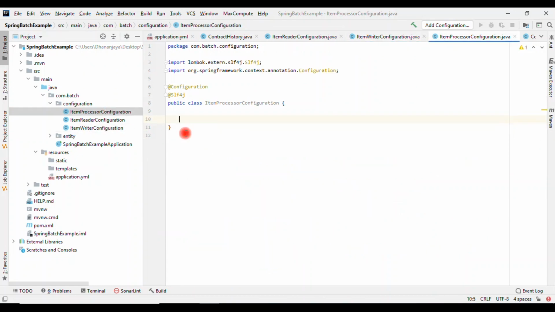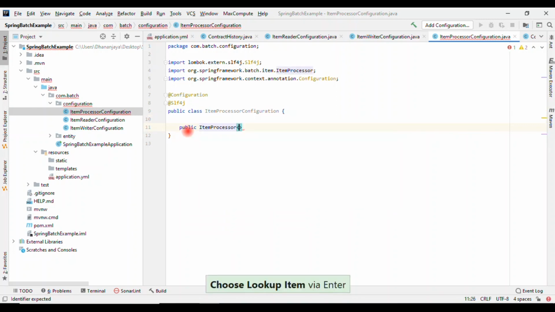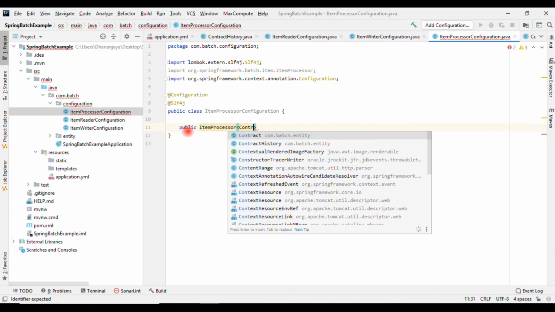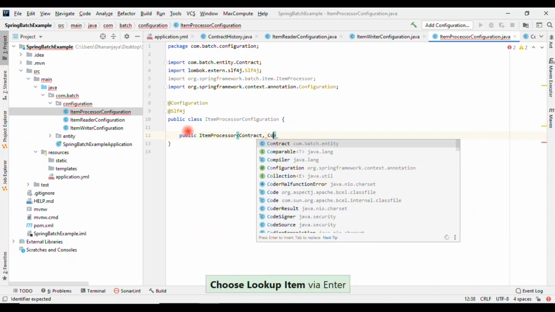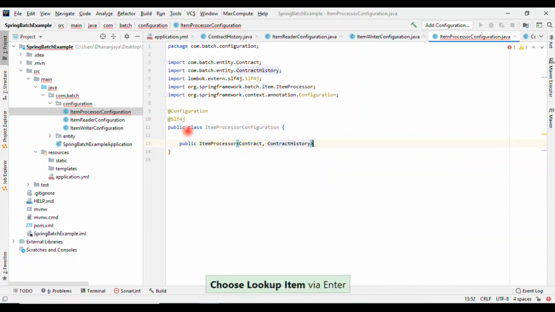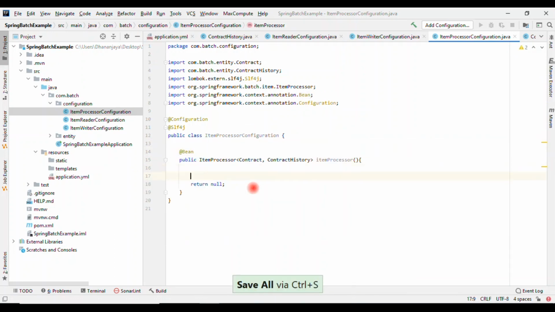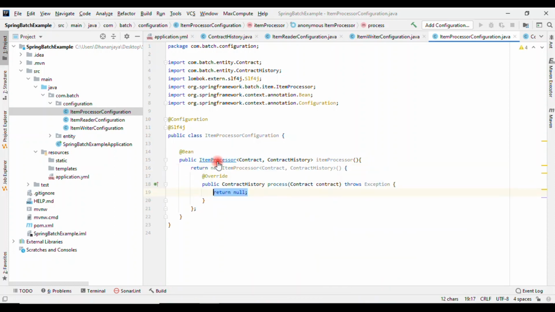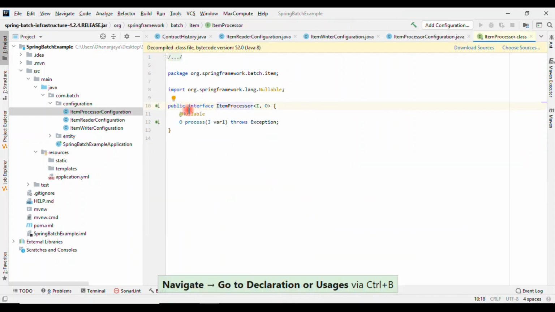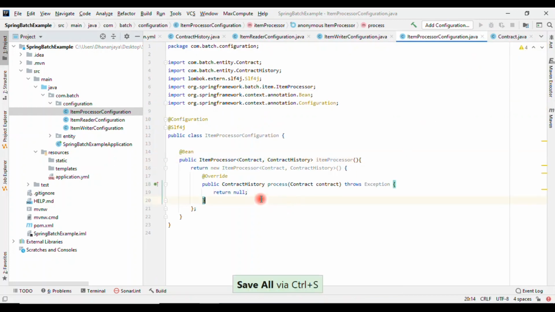And in item processor, you need to expose a bean as item processor. Here, you need to pass the contract and contract history. So here what we will do, we will transform the data from contract to contract history. Okay. If you see, item processor is an interface and we need to override the process method. Okay.